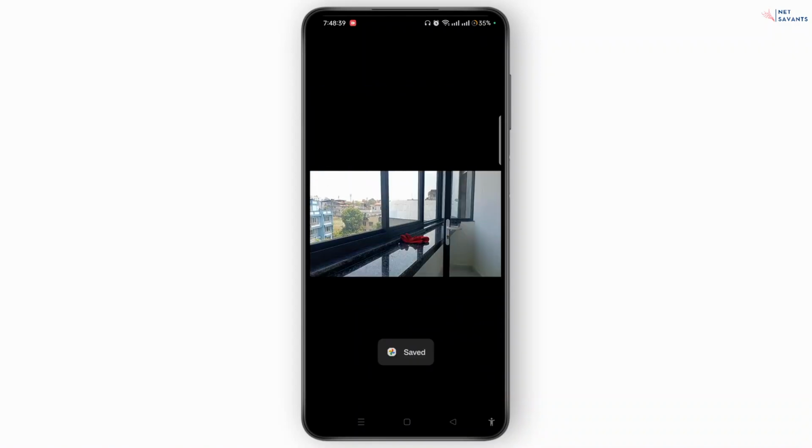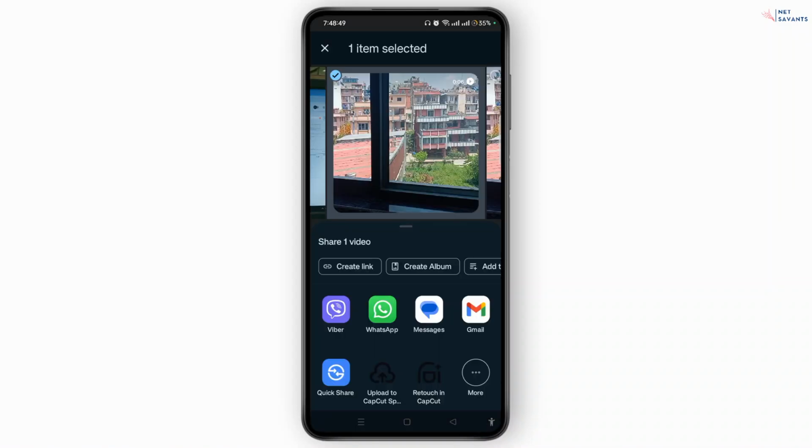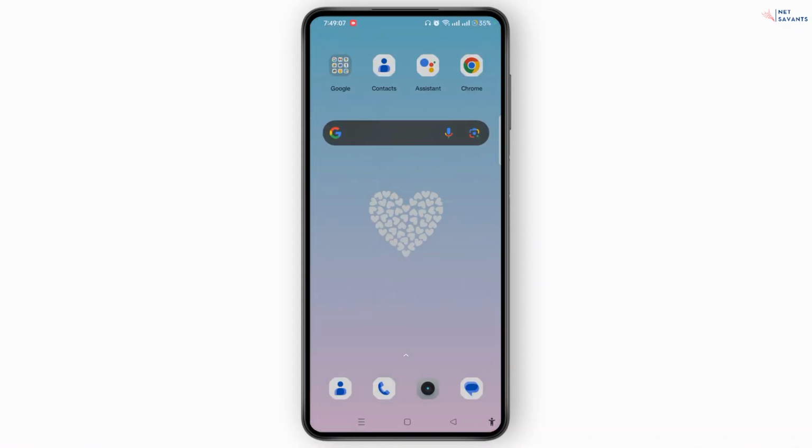Once done, you need to navigate to the share button at the bottom left corner of your screen. Here you can easily create the link of this video, or simply you can choose any one of these messaging platforms like Viber, WhatsApp, Messages, Gmail and many more, tapping on the more button and send as a message to your friends or family. So that is how we share a video without sound on an Android